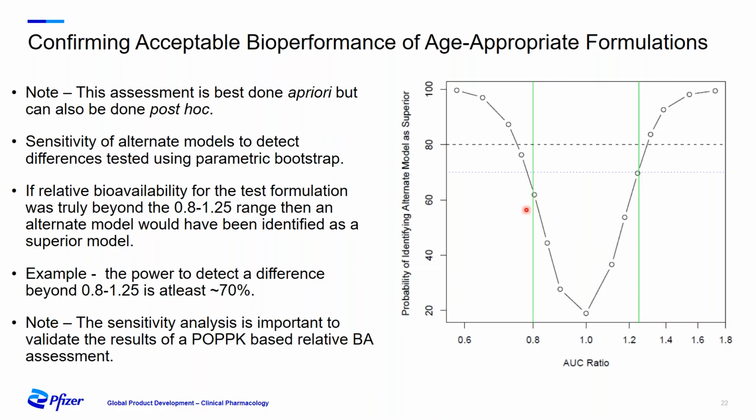So for this example that I have over here, we have a power to detect a difference of beyond 80 to 125 of at least 70%. So this